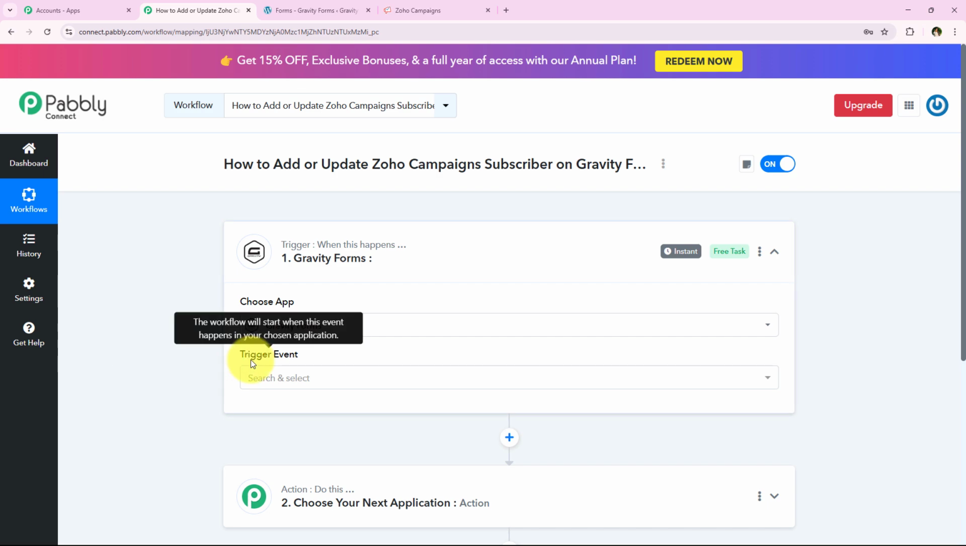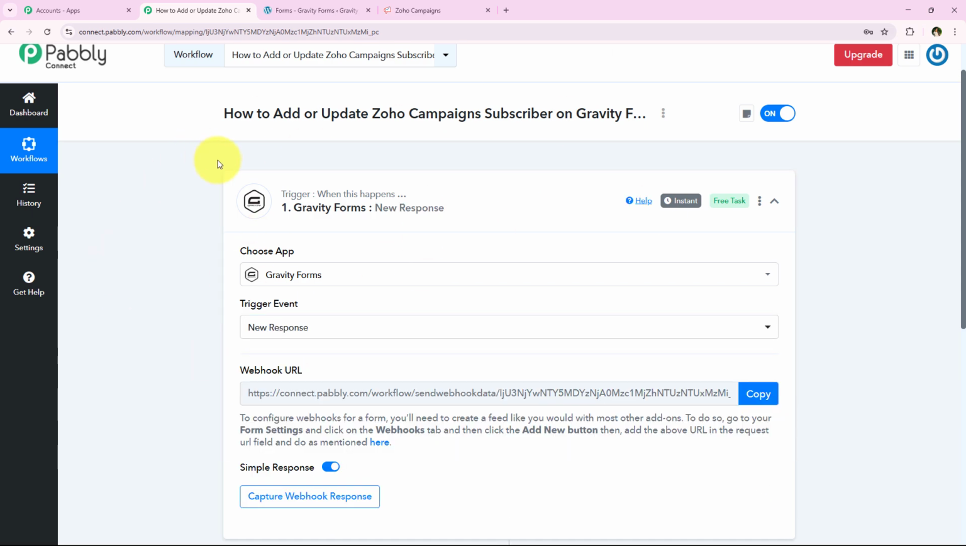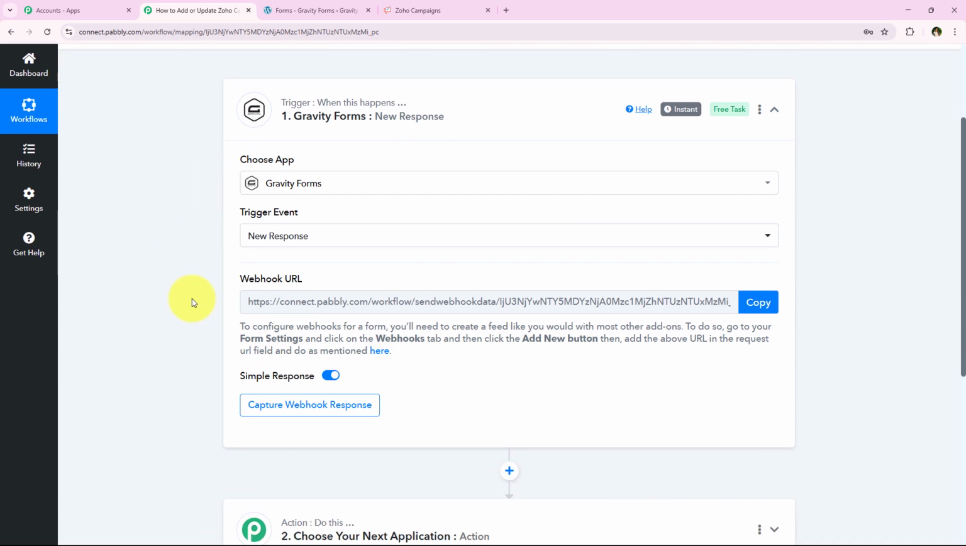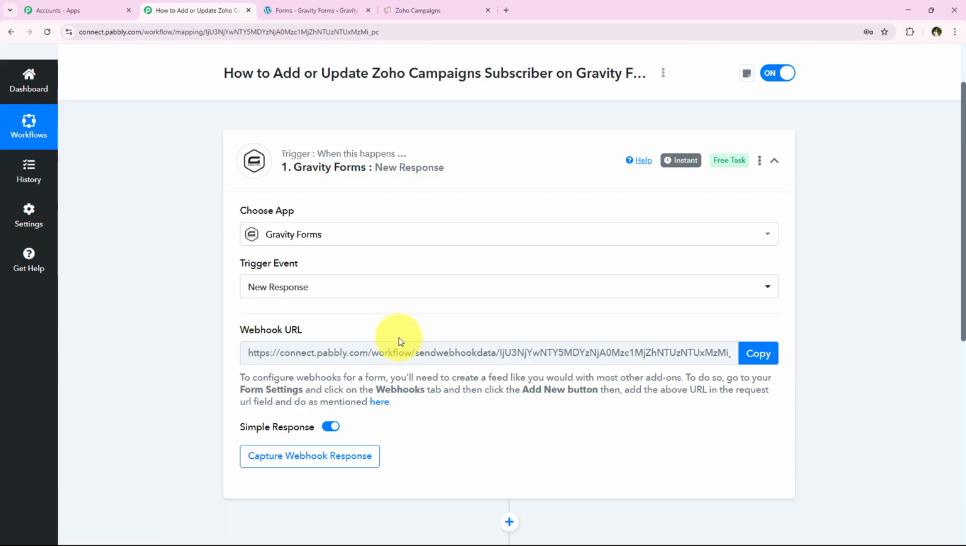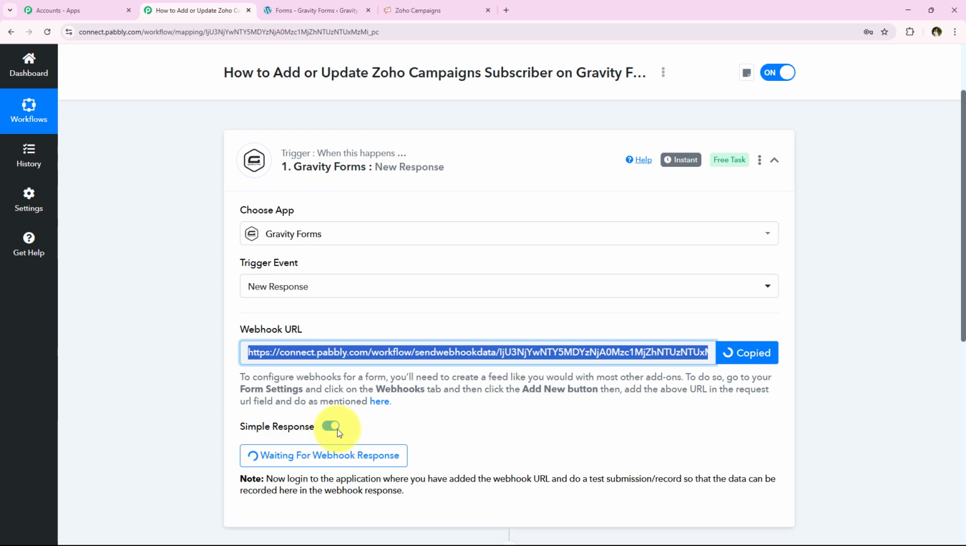So basically, trigger event is the event on which the workflow will start. So over here, what I want is that as soon as a new response is captured in my Gravity Forms, my workflow should be triggered or started. And now after selecting the trigger event as new response, it is giving me a webhook URL, and we are going to use this same webhook URL in order to create a connection between our Gravity Forms and our Pabbly Connect workflow. So what we have to do is we simply have to copy this webhook URL,